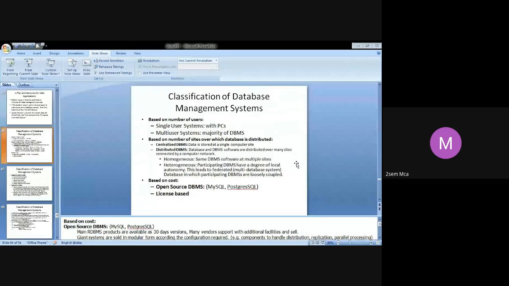We have open source DBMS products like MySQL that are supported by third-party vendors with some additional services, and there are some license-based DBMS also. But generally, it is not very easy to propose a classification of DBMS based on cost. But still, we consider that as a criterion.